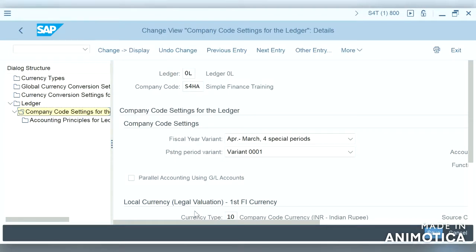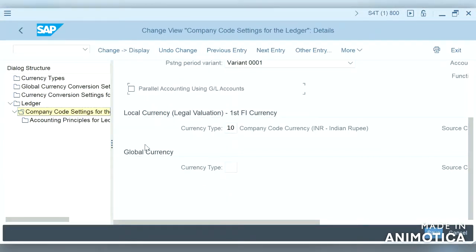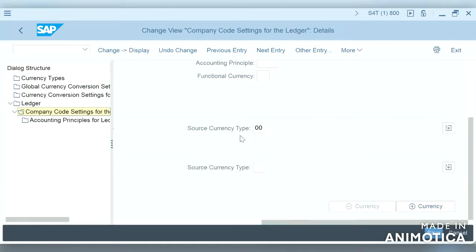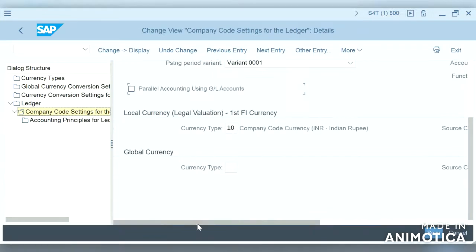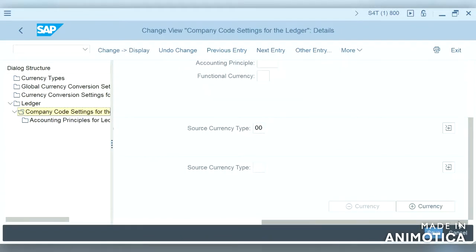Coming to currencies related to ledgers, we can see in S/4HANA there is a company code currency, and there is a controlling area currency which is a global currency, and we can also add up to 8 currencies in S/4HANA.